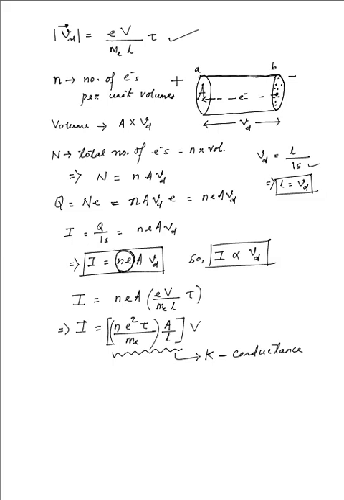Now this brings us to a certain law, which is popularly Ohm's law. Now Ohm's law is telling us in this case that I is proportional to the potential difference. The area of cross section and the length for a given conductor are fixed, so that entire square bracketed term, that is the conductance, under a given condition is fixed for a conducting wire. Now that remaining fixed, I is proportional to the potential difference, which is applied across the ends of a given conducting wire. So that means,